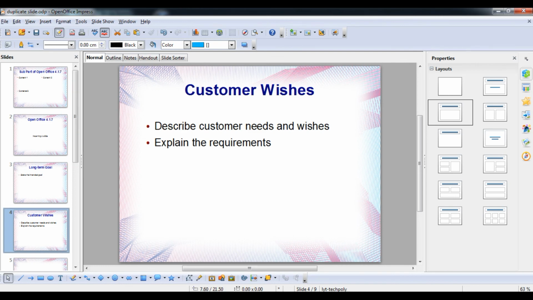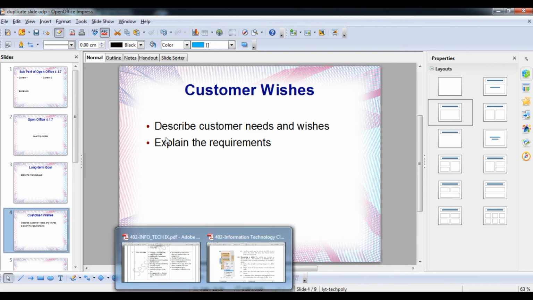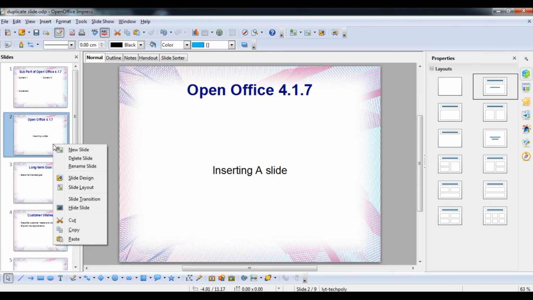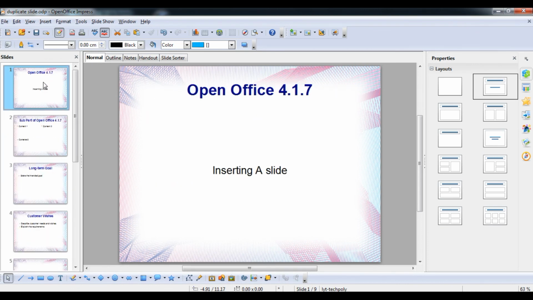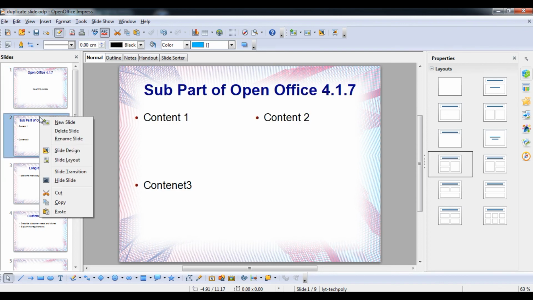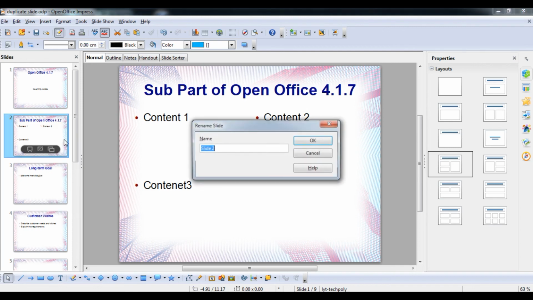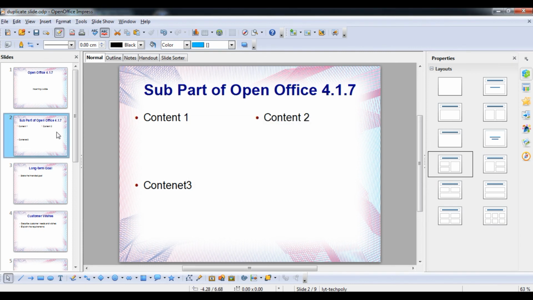Okay, student, now we are going to rename a slide. Right click on this. I think this one was the first part, so I am going to keep it in a proper place. So here, right click on this. There will definitely be a rename slide option. The rename slide option will show you slide number 2. So I can type here second slide.